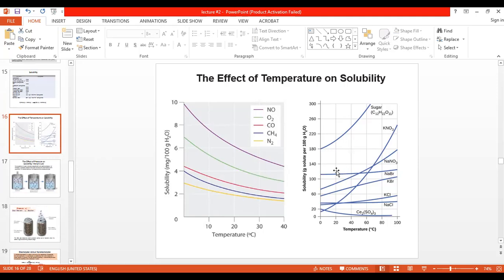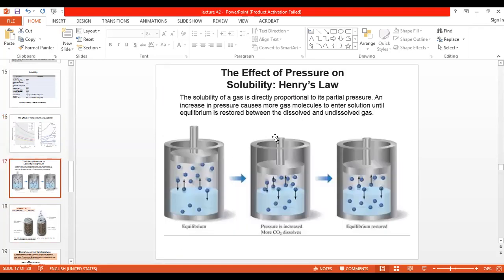For example, for gases, if you increase the temperature, the solubility decreases. So it's basically opposite. For gases, you increase the temperature, solubility decreases. But for sugar and salts, it's the opposite. You increase temperature, it increases. For example, if you put sugar in a cold tea, it's difficult to dissolve it, right? But if you put sugar in a hot tea, then it's very easy to dissolve it. So it's two different things. For example, you have Coke. In the Coke, you can